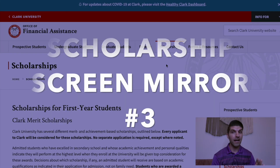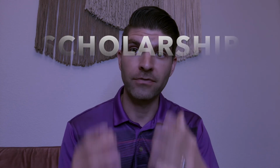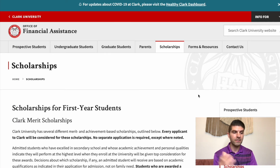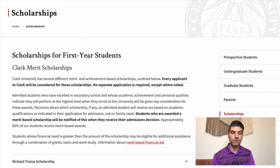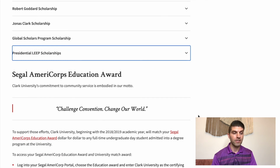And the last thing I wanted to highlight, because remember we talked about going directly to the school's financial aid office or financial aid website to see what kind of opportunities you have there. I want to just highlight one. This is the Office of Financial Assistance at Clark University. If we scroll down here, scholarships available for first-year students. These are all applicable scholarships that you can apply for, but I want to bring your attention to this one,